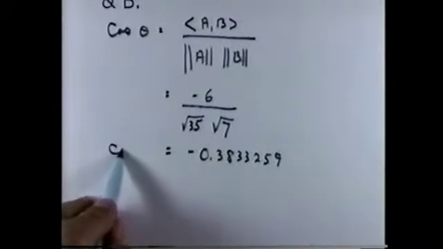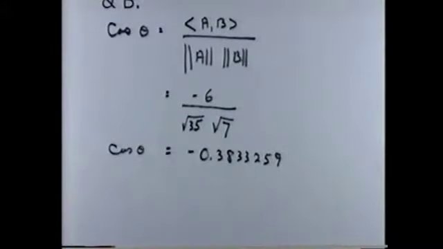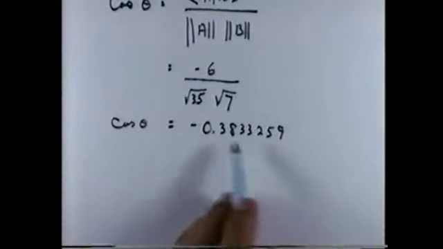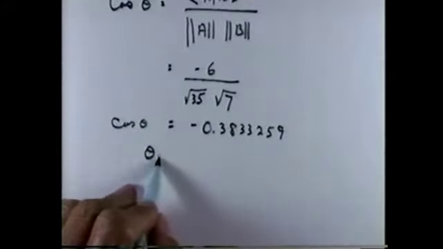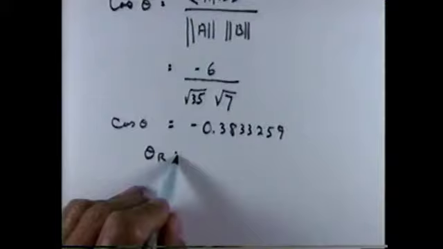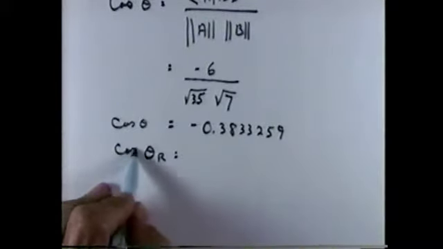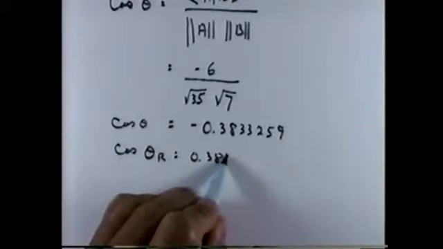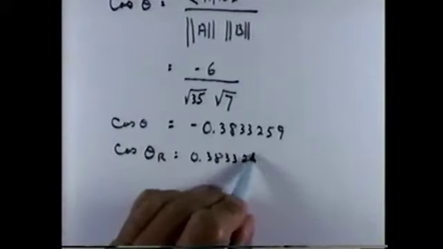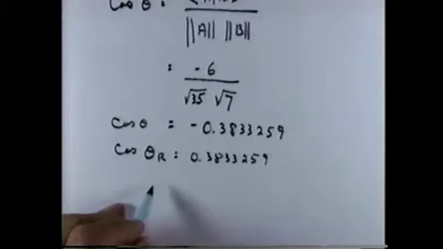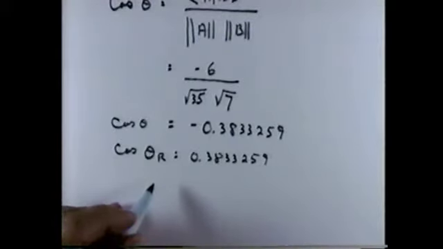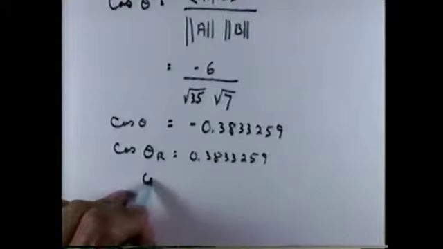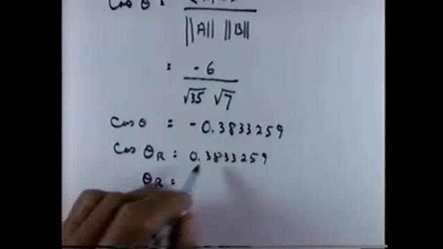So we have cosine theta is equal to this number. Well, the cosine of theta reference would be the positive 0.3833259. So put my calculator in degree mode and hit inverse cosine, and we get that theta reference is